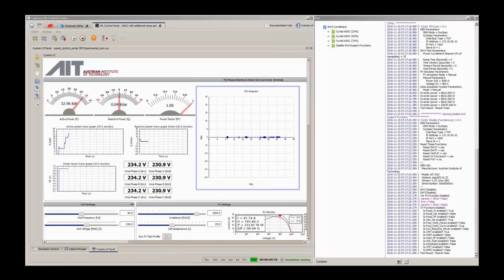So this was a demonstration of the active power control,